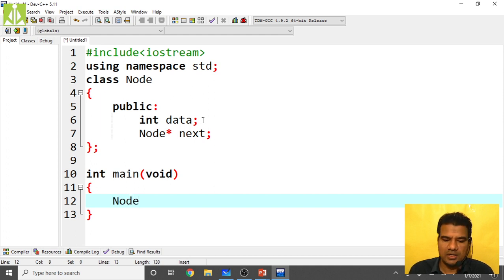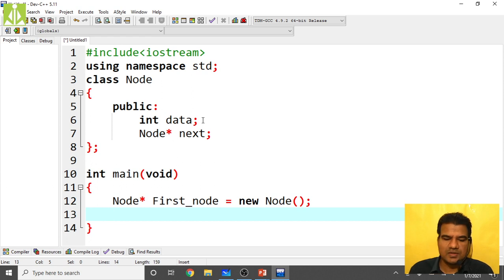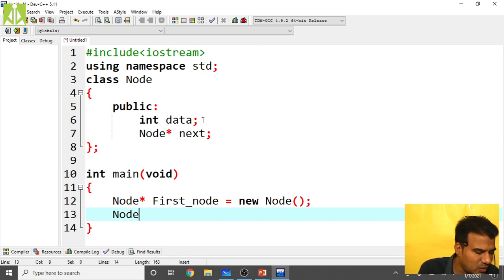So Node star first underscore node equals new Node. Okay, this is my first node. So then how can I create the second node? So Node star